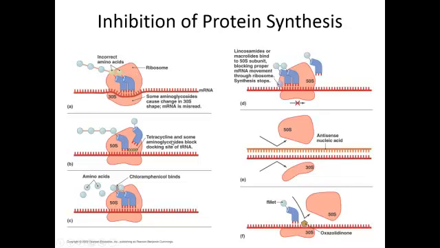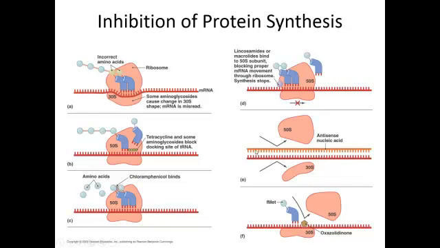Tetracycline, which you may have heard of, and some aminoglycosides block the docking site of tRNA. So you can't bring in more tRNAs, you can't lengthen your developing protein. Chloramphenicol blocks the active site where the two amino acids are joined together. So once again, you block protein synthesis. Lincosamides and macrolides bind to the 50S subunit so that it can't move along the mRNA, once again inhibiting protein